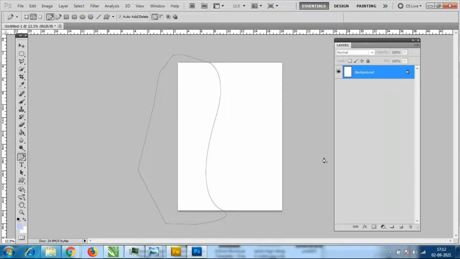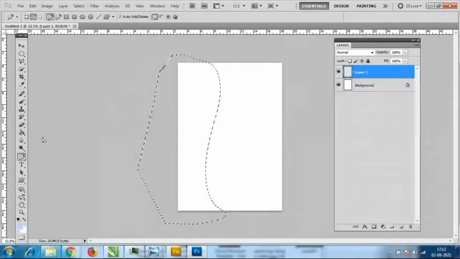Now what I'm doing, Control Enter. See, I'm doing Control Enter, it will take color only for this much area. So I have to go to a different layer. Don't use the background layer only, because we want everything to be separated. Only then is it possible to create a design. We can change the color, we can give a gradient color, whatever colors we want, with the different layer. So we always have to use a different layer.